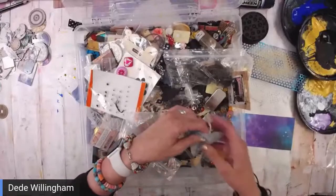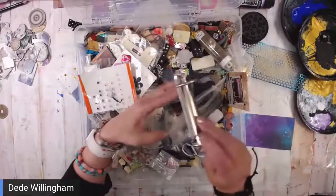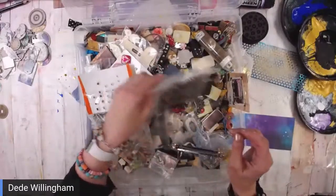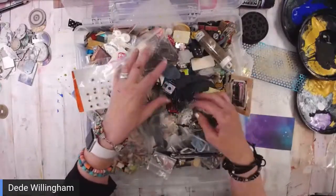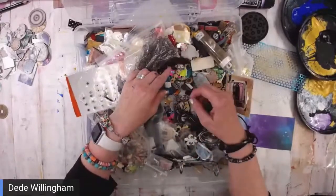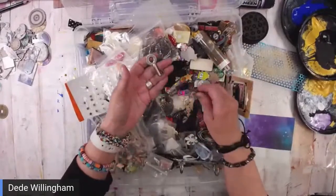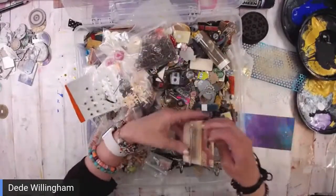Nothing's really grabbing me with the stars. There's some marbles. There's a little binder clip. Something that will go with outer space. I'm not seeing anything outer spacey in here. I just pulled this because here's some keys. Just because, oh,